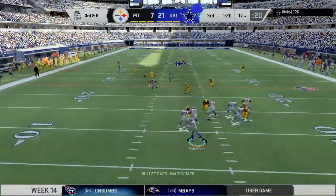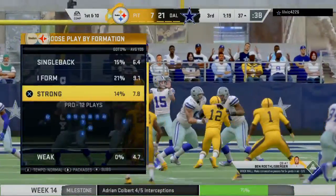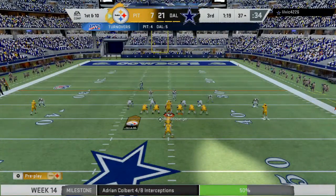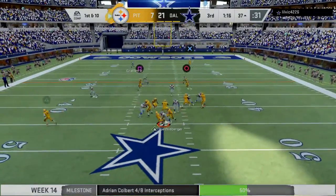Looking to throw, Patterson. And now here's another interception. Picked off around the 37. They've got a pretty comfortable lead right now, but maybe a little too careless with the football that time for the rookie. I think the key word there is comfortable. And there's two schools of thought on it. With that type of a lead, maybe you can...